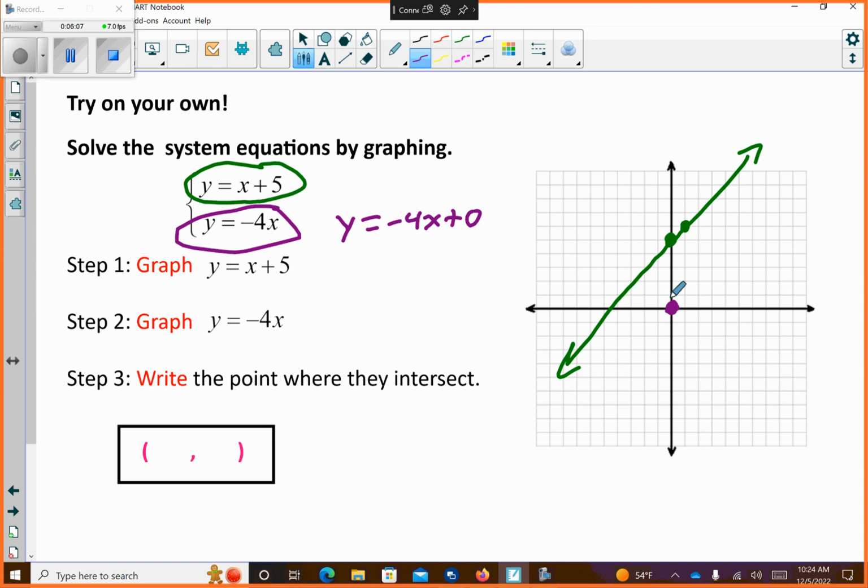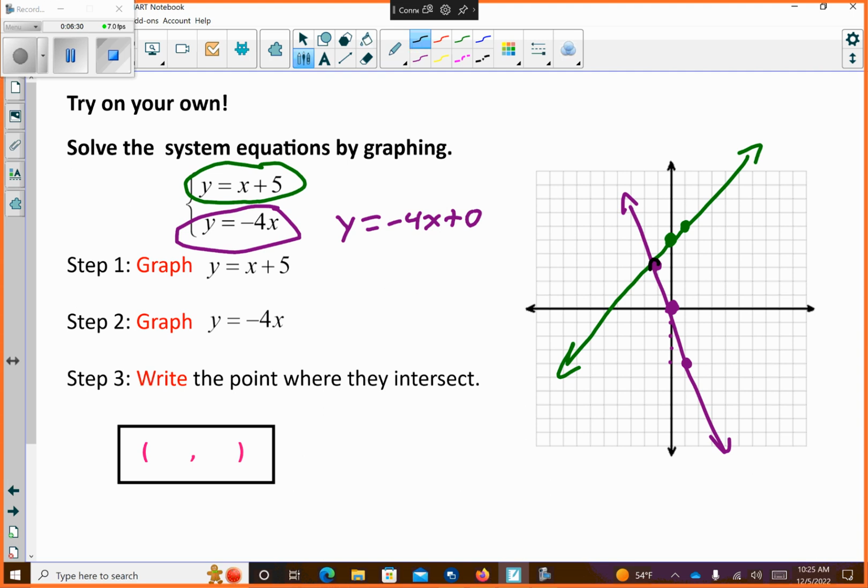And then my slope is what? What's my slope? -4. Okay, so I'm going to go down 4 from that purple dot. Down 4, right 1. So if I graph this as neat and tidy as I could, I would say that this right here is